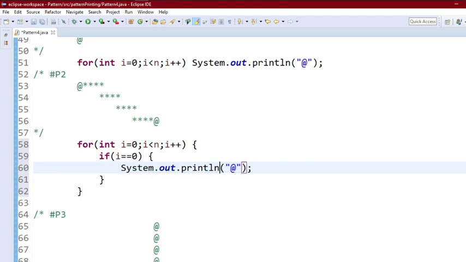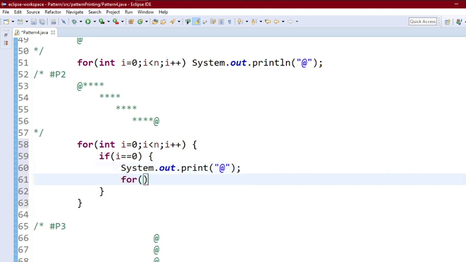And after printing this, we have to make sure that we are not changing our line after printing the @. So remove the ln from here, and after printing it, we have to print several stars. How many stars? A total of n stars. So we will start the iteration again from j equal to 0 up to n minus 1.